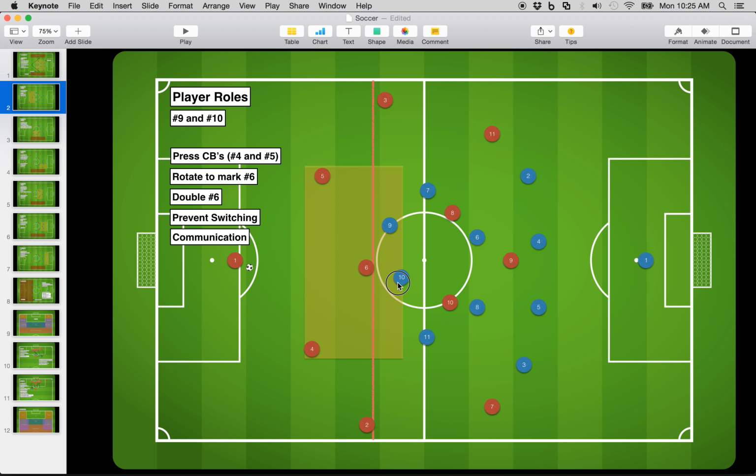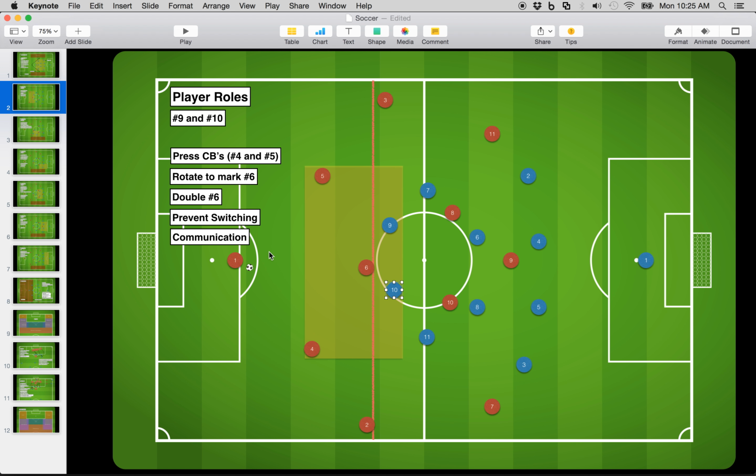But when we're defending, we're kind of going to have a relationship where these two players are responsible for this central zone. Okay, similar to the 6 and 8, they're responsible for pressing the central areas, and for them it would be the 4 and the 5 and the 6. Right, reading when the keeper has the ball, reading his body language, which way he's going to play, reading it early. All right, first you stay tucked in case he plays long balls, you win these knockdowns, or press from